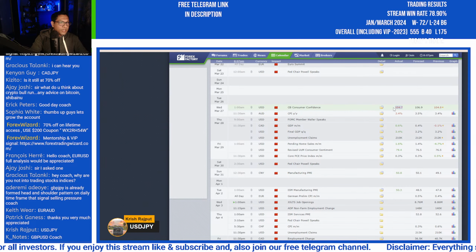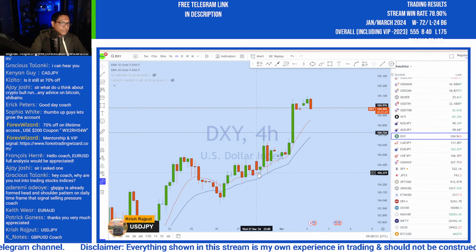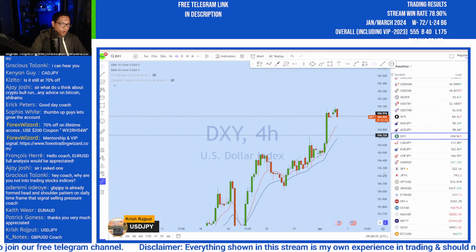When we saw this data, you see consumer confidence is negative for DXY, and then AUD has come out on 27th of March, followed by final GDP has come out to be positive for DXY. And later all this data has come out to be positive for DXY, and with all of them, the market DXY has started a bullish trend from here.